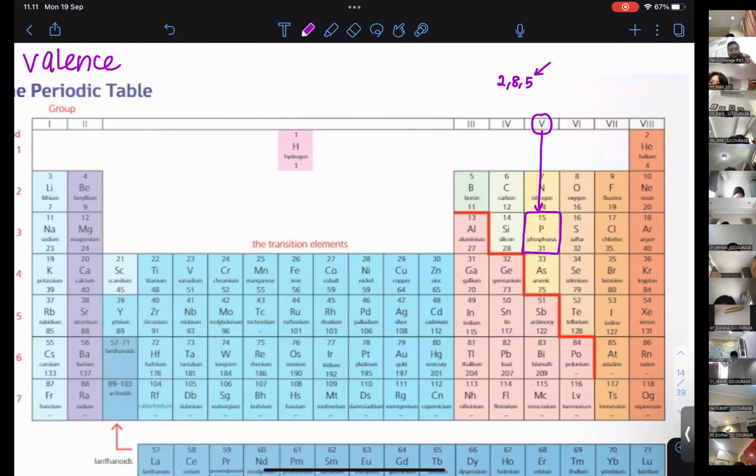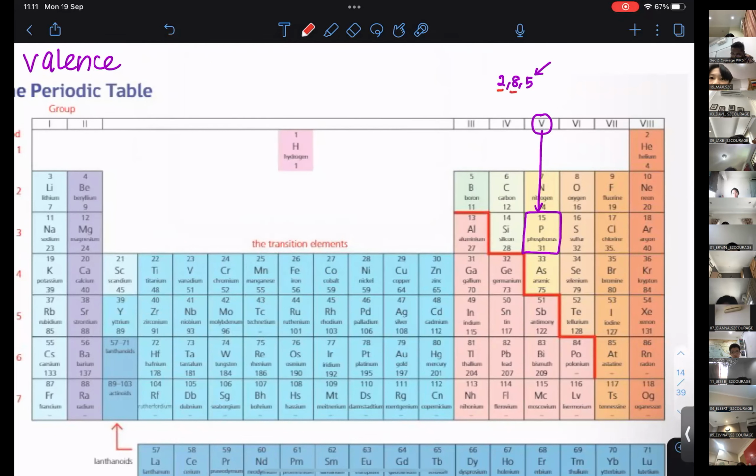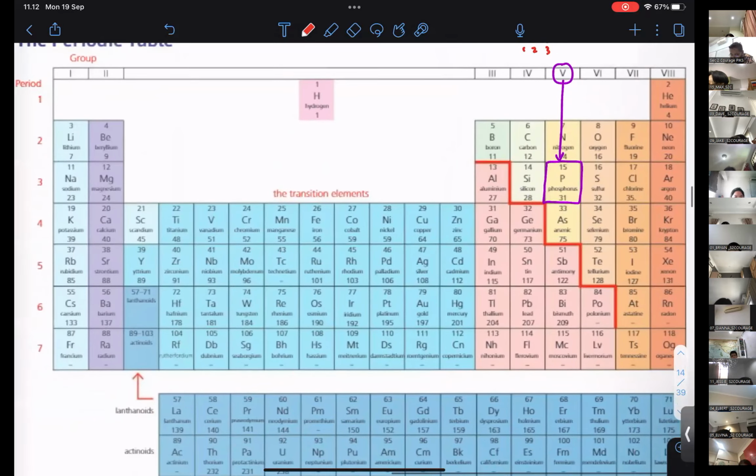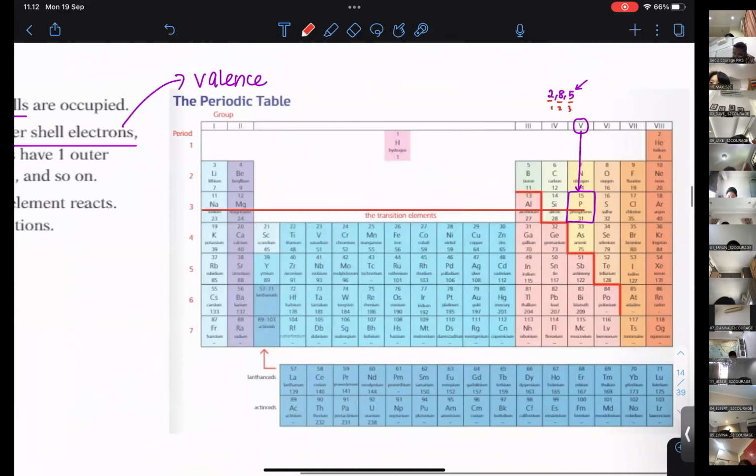So Maxwell, phosphorus is in which period? One, two, three. Period number 3. You can just see this from here. 3, because it has 3 shells. 1 shell, 2 shell, 3 shell. Hopefully it's clear. Now,